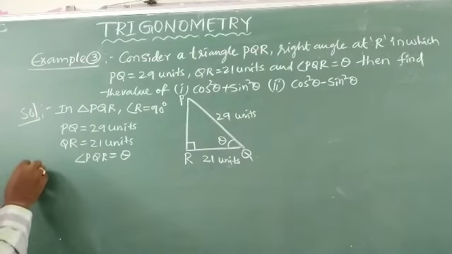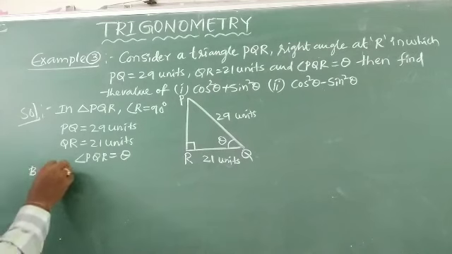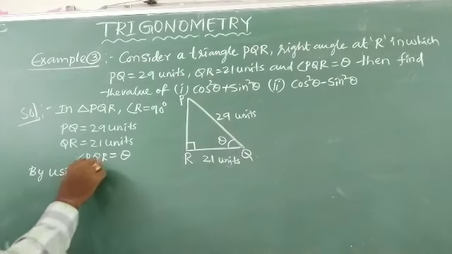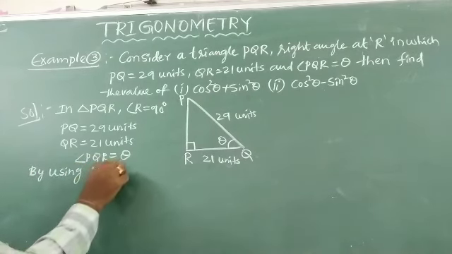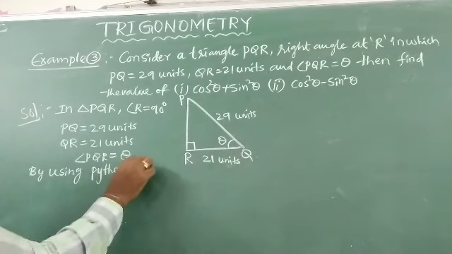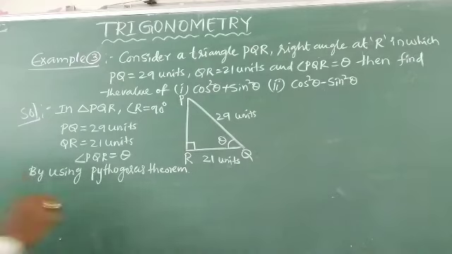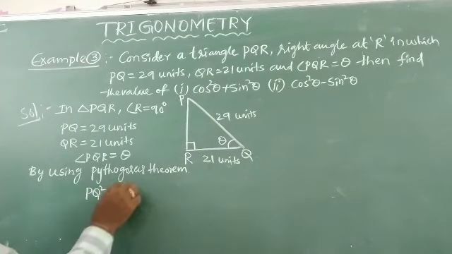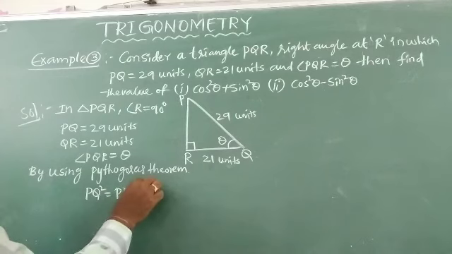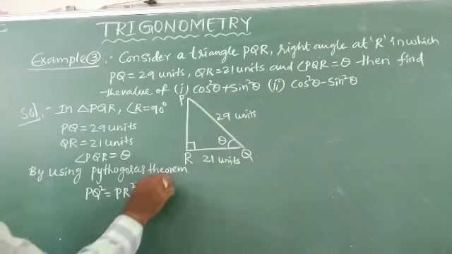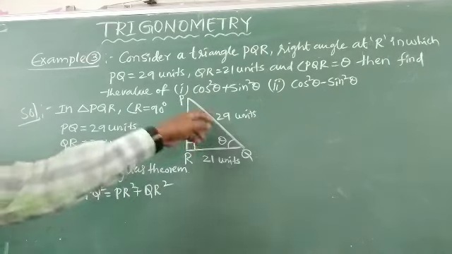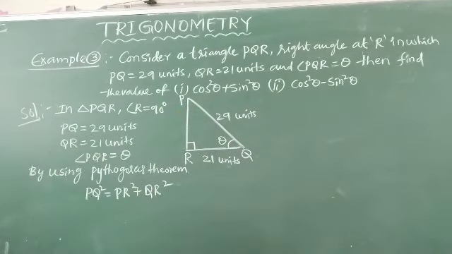So now by using Pythagoras theorem, the square of the hypotenuse, PQ square, equals the square of the remaining two sides, PR square plus QR square. PQ square, the square of the hypotenuse, is equal to the square of the remaining two